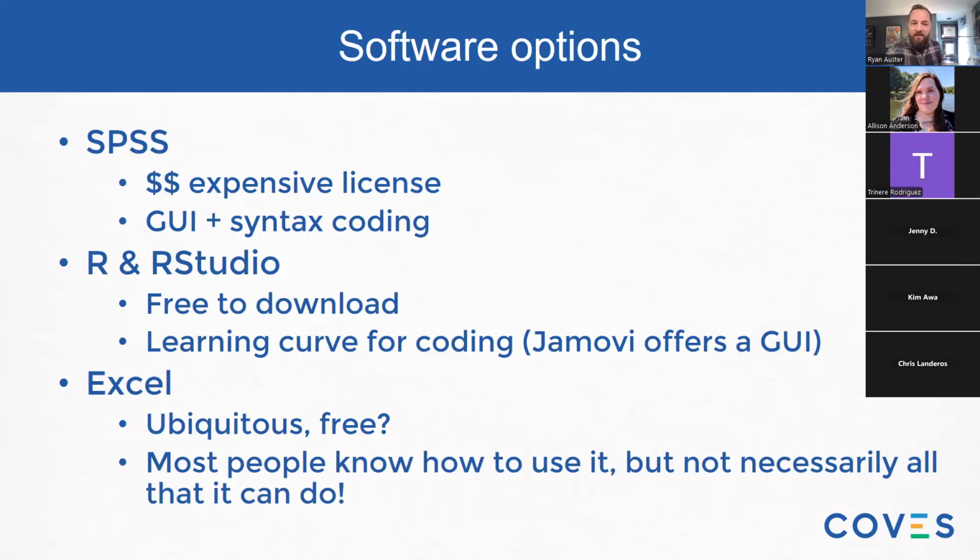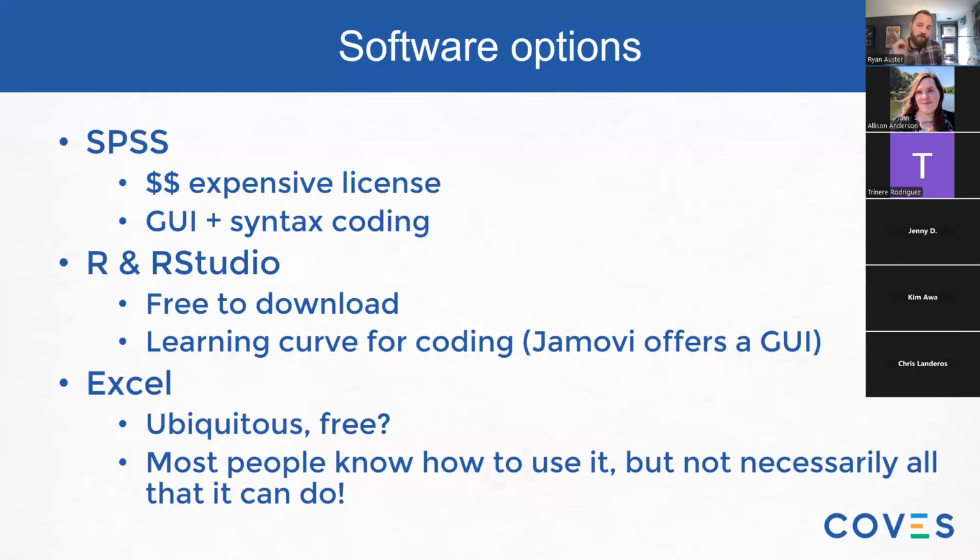Going all the way back to the planning survey at the beginning, we talked about different software preferences. And here is my quick interpretation of the top three that we had on the screen. SPSS is expensive, full stop. If you don't have access to it, you're not going to get access to it. You're not going to buy a license and then learn it unless you're taking a stats course or your institution has some kind of license or discount partnership. The nice thing about SPSS is it does have a graphical user interface, right? It's got menu options where you can select the tests and do everything without needing to be a coding expert. But it also has a syntax coding window in case you get good at it and you can save things and just rerun your analyses over time.